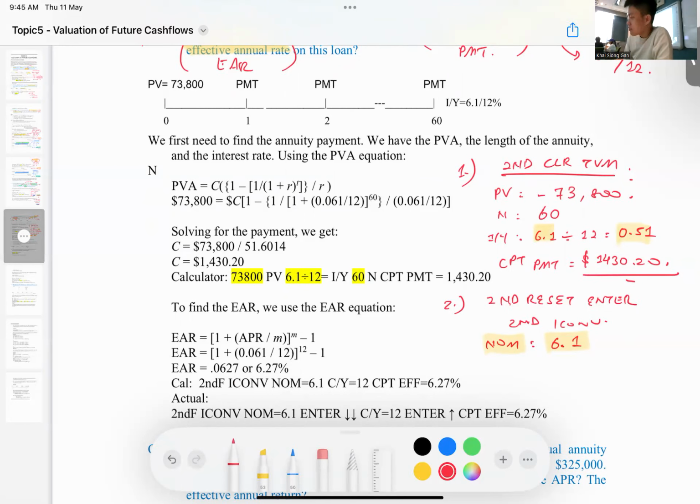你是有听到？你在听还是听还是？哎呀，那也是算不到。PB 60 and 0.51 I/Y, compute PMT. 我知道 2 decimal point, 我用6个 decimal point。所以没有差。没有差没有差一样才对。